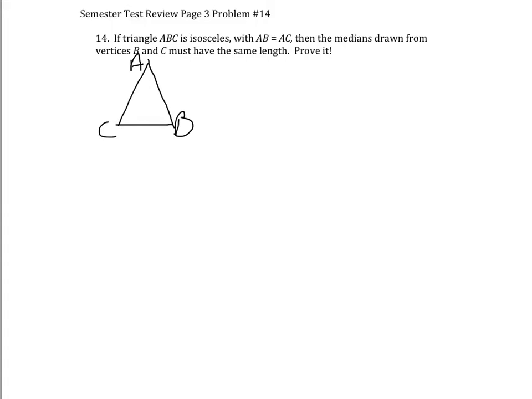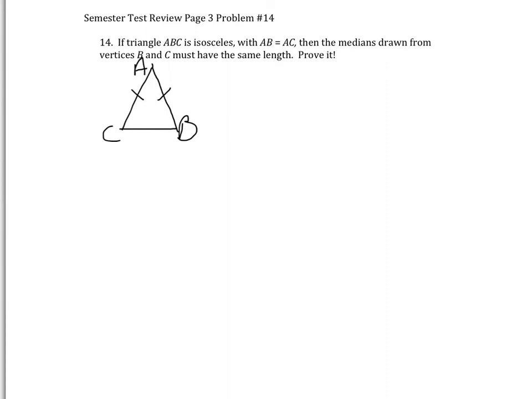Okay, I was given that AB is equal to AC. So I'm going to go ahead and mark those on my diagram. And I also know that because this is an isosceles triangle with these two sides congruent, that the base angles at C and at B are congruent. So I know that those angles are congruent. All right, so now trying to figure out the rest of the problem, it says the medians drawn from